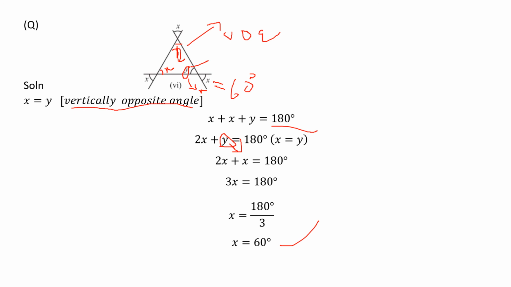Then here one angle is given as y. So opposite to that angle is x. If that x is 60 degrees, then surely this y also will be equal to 60 degrees, because they are vertically opposite angles. So we'll rename that y as x. Okay, we'll substitute x in the place of y. Why are we substituting x in the place of y? Because vertically opposite angles are equal. Then you will do the normal calculation and you will find out the value of x.